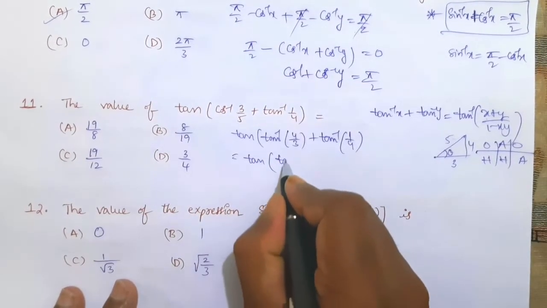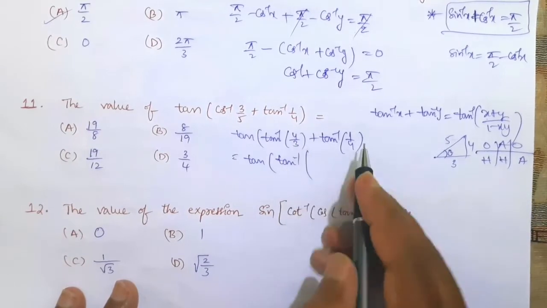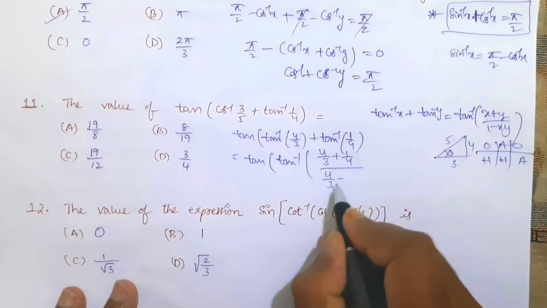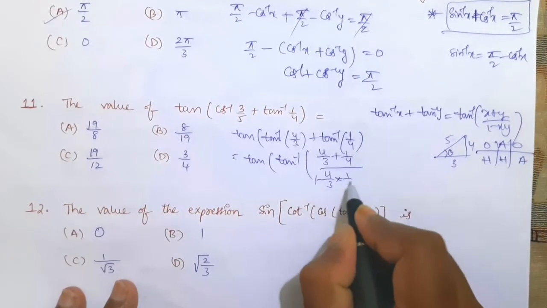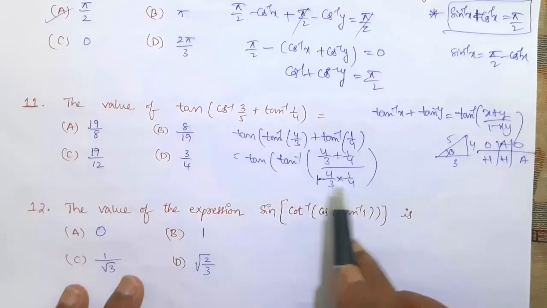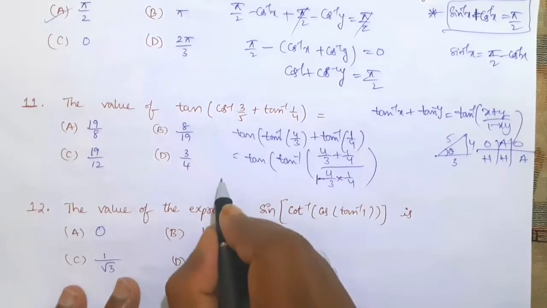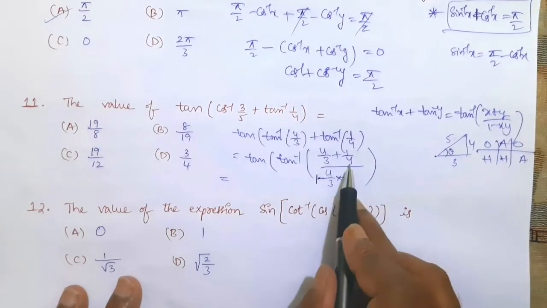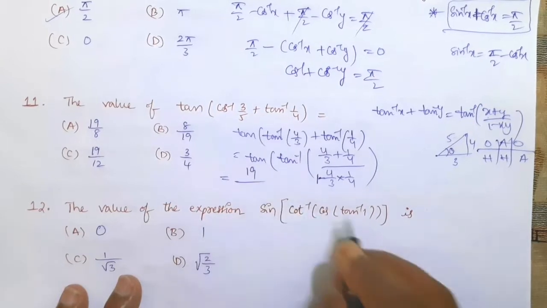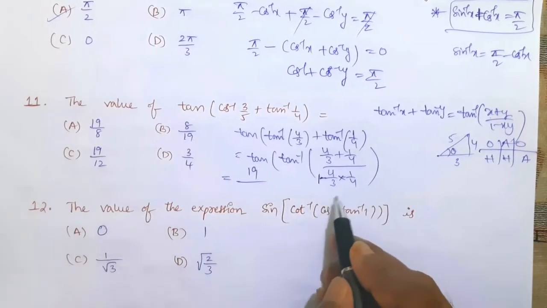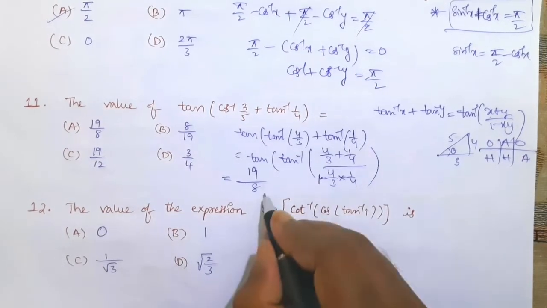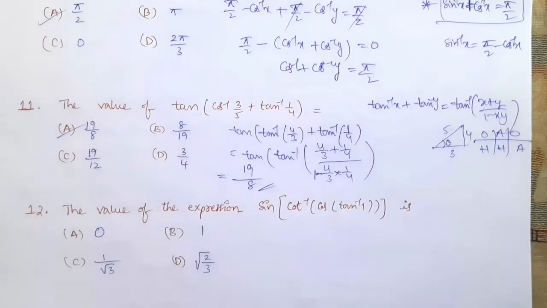So tan inverse of x plus y, nothing but 4 by 3 plus 1 by 4 by, sorry, 1 minus 4 by 3 into 1 by 4. Okay, don't confuse, write slowly. x plus y by 1 minus xy. As tan and tan inverse get cancelled, simplify. 4 4s are 16, 16 plus 3, okay, 19. 19 divided by, 4 3s are 12, numerators cancel. 4 3s are 12 minus 4, which is equal to 8. So the answer is 19 by 8.